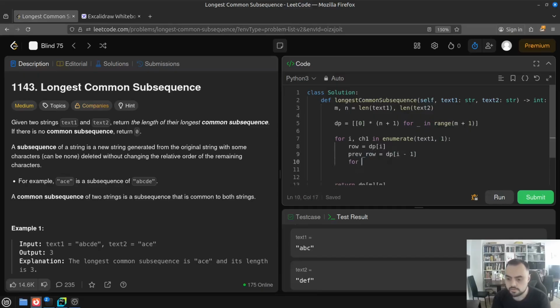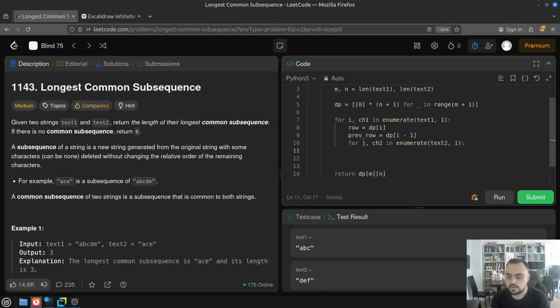And now we can go for j and character 2 in enumerate text2, also starting from 1. And now we have our two options. So either they are the same, and in this case dp of i and j equals something plus 1, or else dp of i and j